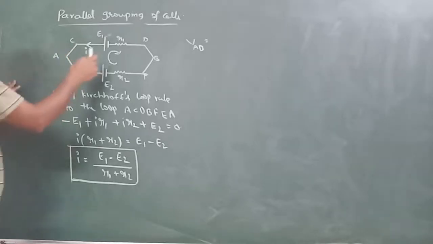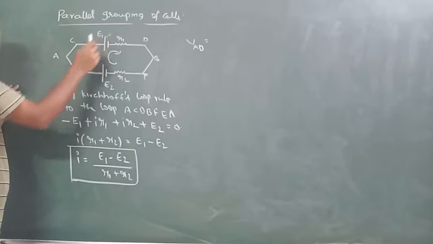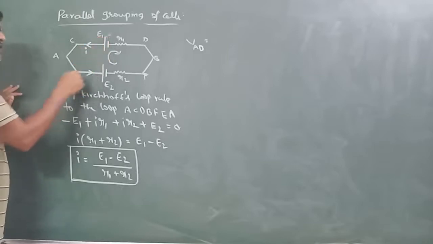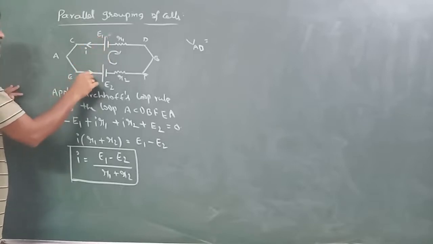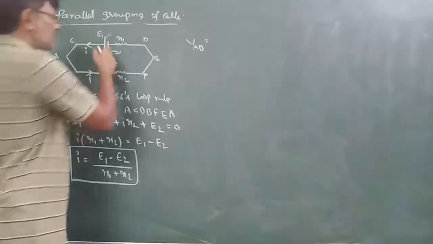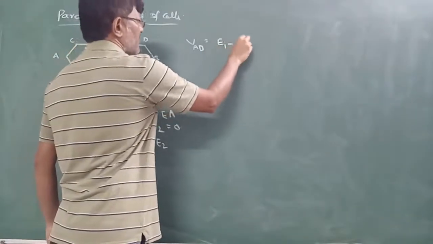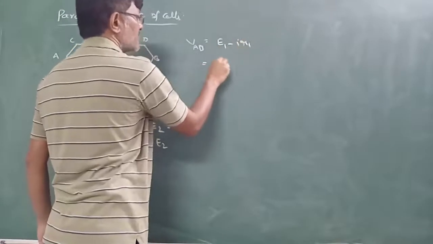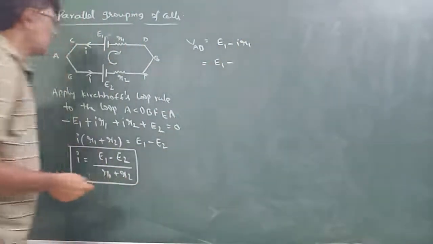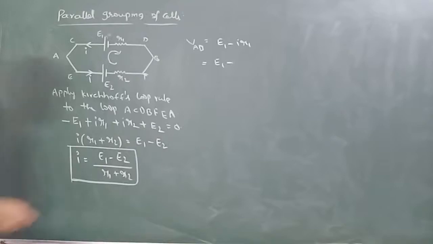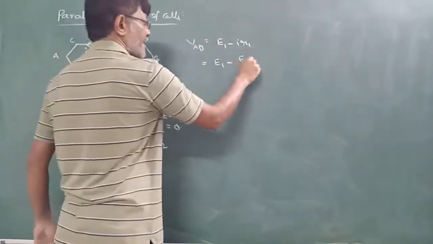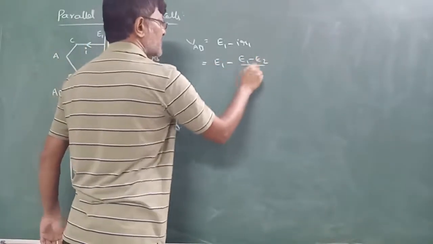So this cell is in discharging state and this cell is in charging state. Therefore, apply discharging formula for first cell of EMF E1, then E1 minus IR1. This is equal to E1 minus, I is E1 minus E2 by R1 plus R2,